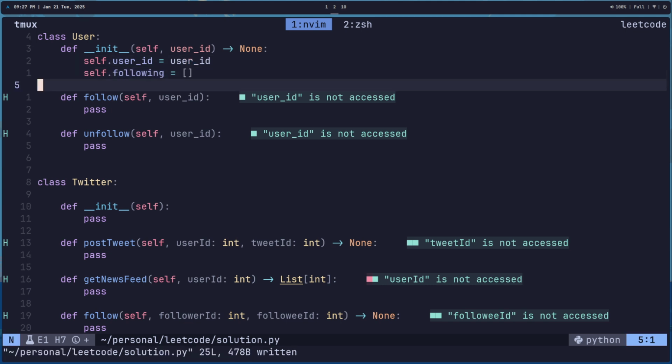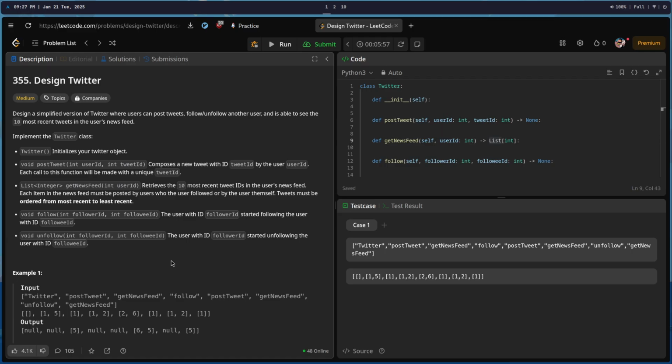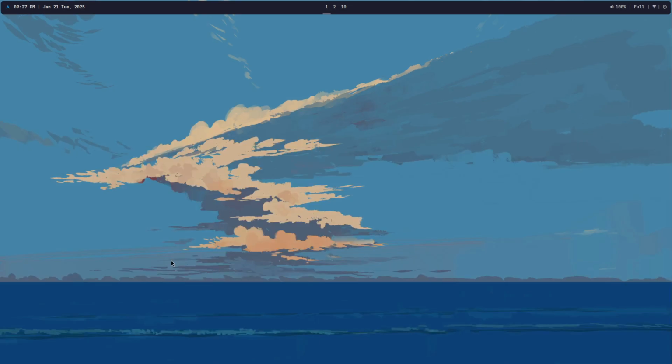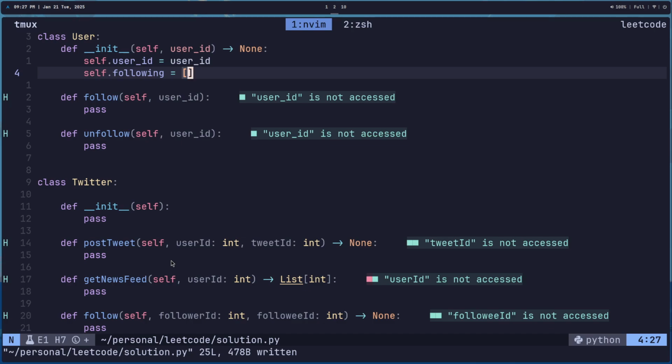If I want to add users, I'll just append it to the list, right? Essentially, that's what it is. And then if I want to unfollow someone, I would have to remove that element, which is very bad. I don't want that. I wish there was some way to delete a user